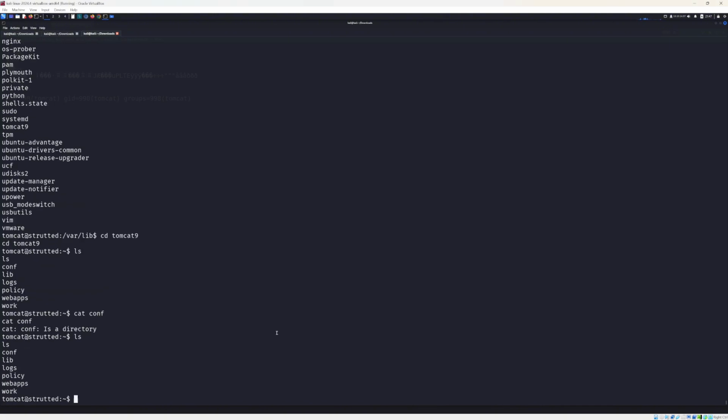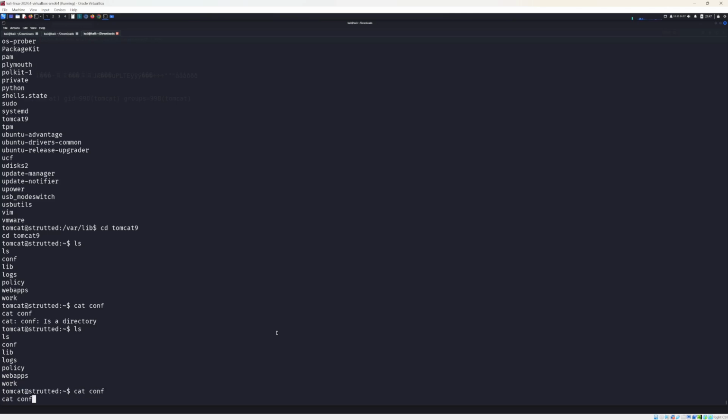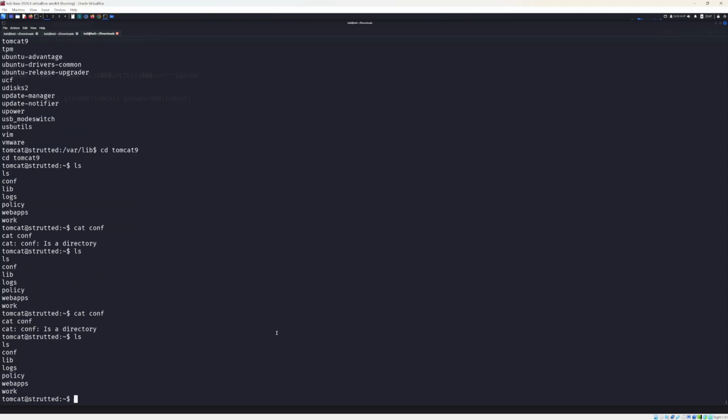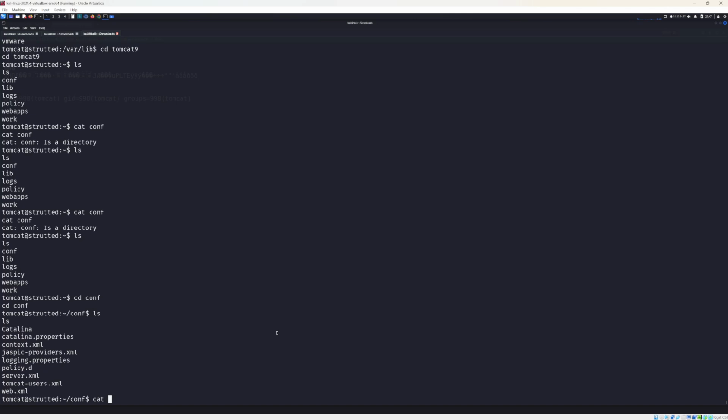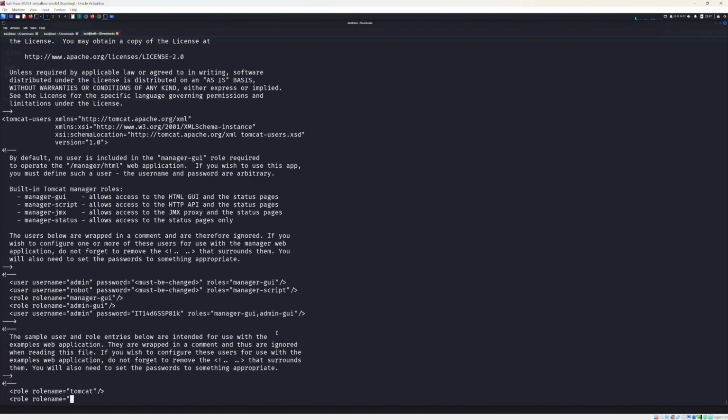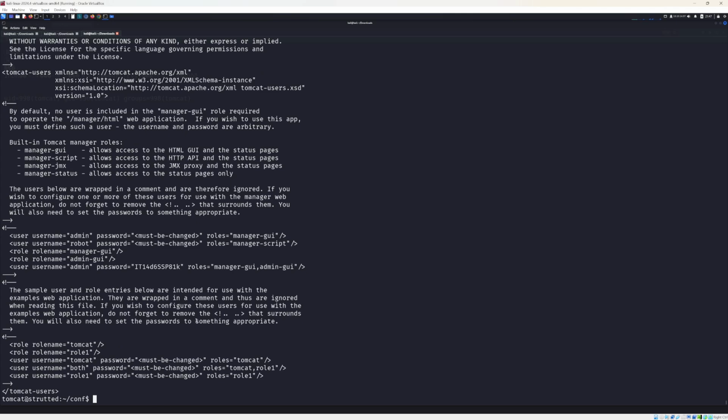So we obviously have conf, and we know from doing this the whole time that conf files always have interesting stuff inside. Why am I trying to cat? I wanted to cd into it. And then we're just going to have a look at Tomcat users, because I don't know if you remember, but there was a Tomcat users in the other binary file. However,